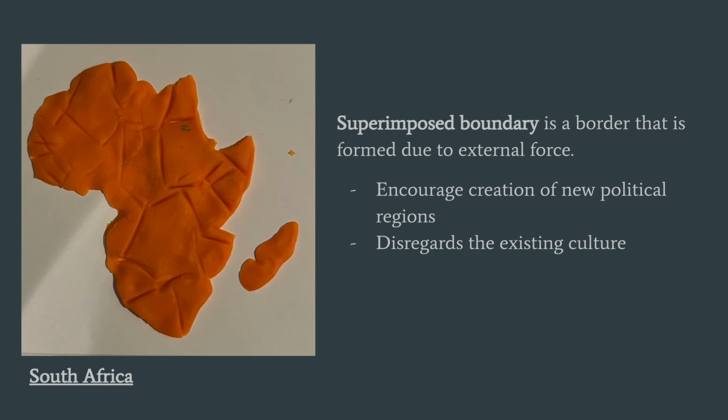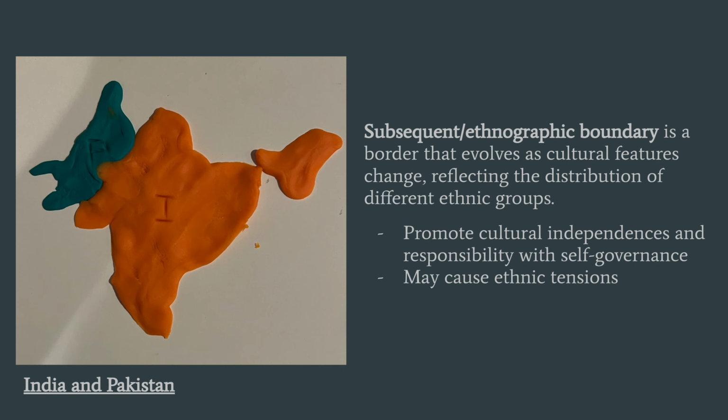Next is the superimposed boundary, which is formed due to external forces. A great example is pretty much all of the African borders because they were formed and created by the colonial powers, by the Europeans. Next is the subsequent ethnographic boundary, and a great example of this is India and Pakistan,